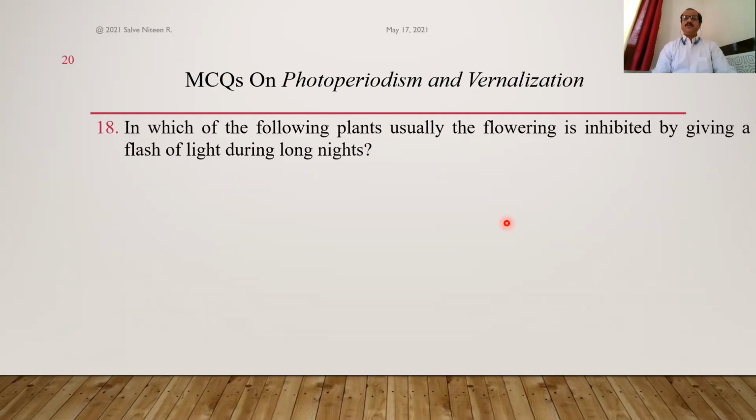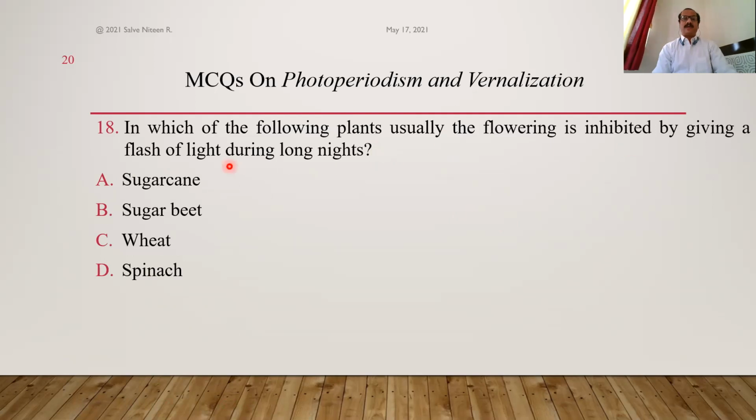In which of the following plants is flowering usually inhibited by giving a flash of light during long nights? You know flowering is inhibited if we give a flash of red light, 660 nanometer light, during long nights, and these plants are called SDP, short day plants. Sugarcane is an example of a short day plant. Sugar beet, wheat and spinach are examples of long day plants. In case of sugarcane, flowering is inhibited if we provide a flash of light during long nights. So these plants will remain in a vegetative state,